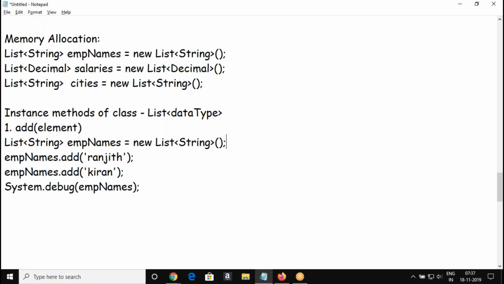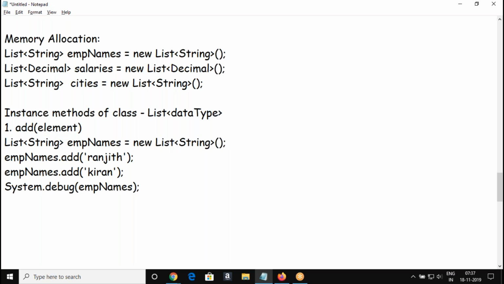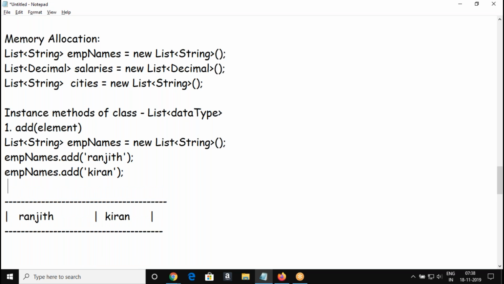When you declare a list, we don't define the size of the list. There is no size element. When you declare an array, you give the number of elements that the array can hold, but here we are not defining any size. When you add elements, the list will automatically expand.